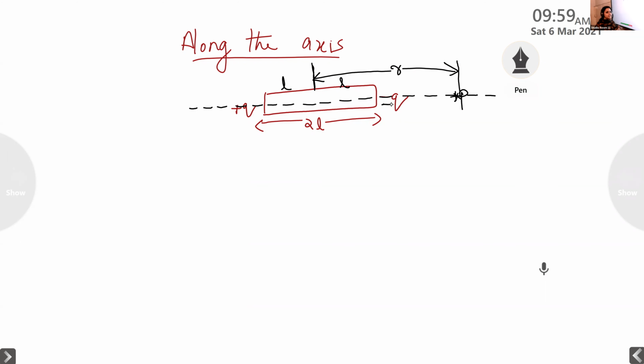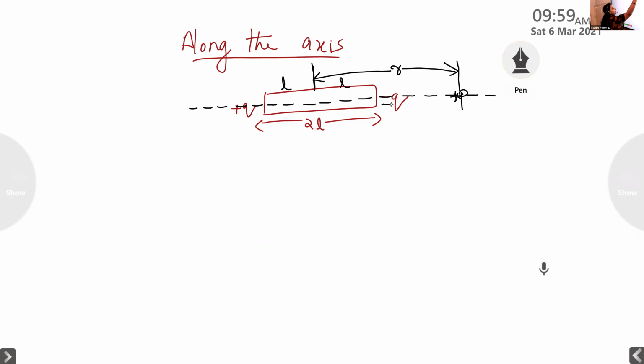So in order to find out the electric field at a particular point, what are we used to doing? Which method are we adopting in order to find out the electric field intensity at a particular point? We place a unit positive charge. This point you must keep in your mind till the end of this chapter, because we use the same step everywhere. That is, in order to find out the electric field intensity at a particular point, we place a unit positive charge at that particular point.